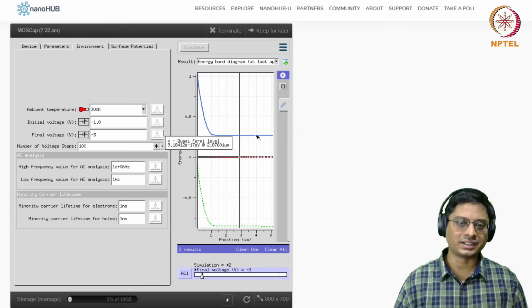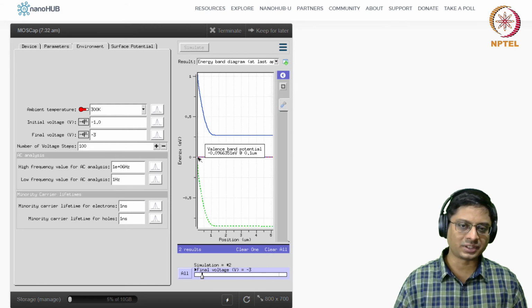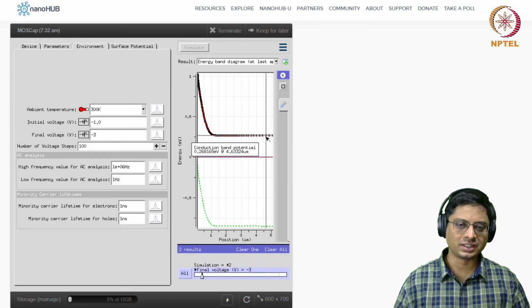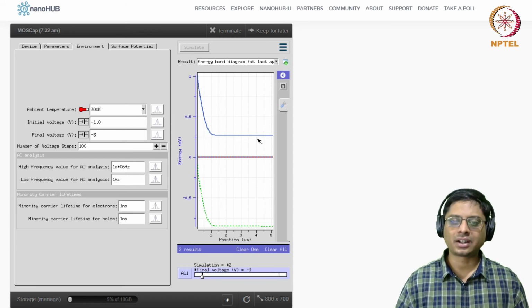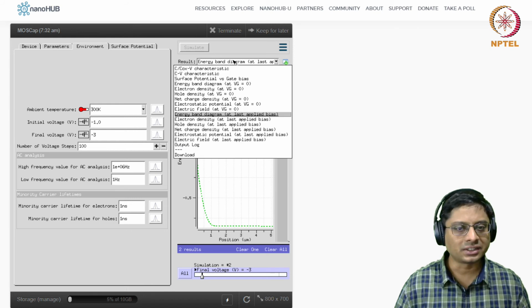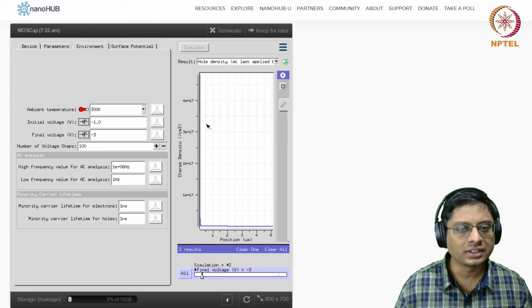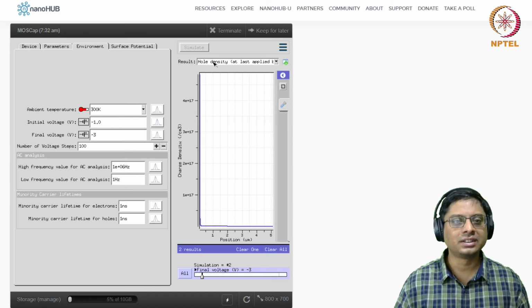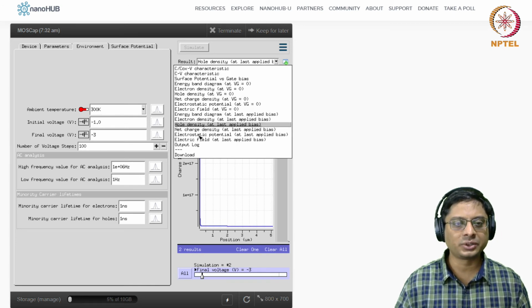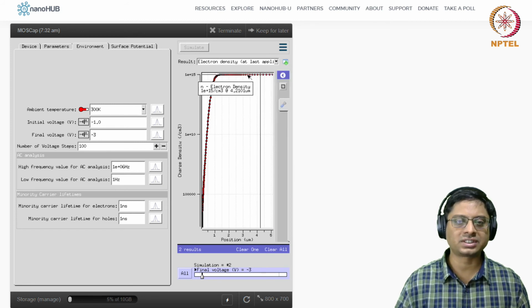Well, yeah, so N-type, but now this has come relatively close, right? Definitely closer than this distance. EF and EI, EF and EC, this much distance, right? So it's definitely closer. So basically we have more holes than there are electrons in the substrate. Let's verify that. So hole density is 10 power something, 10 power 17, whereas electron density would be 10 power 15. That's the substrate.